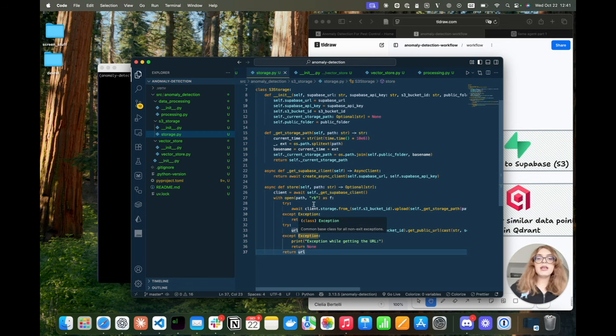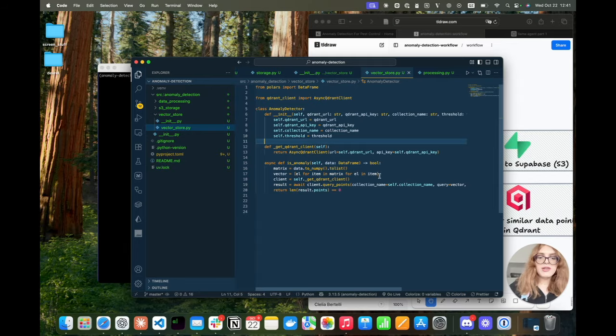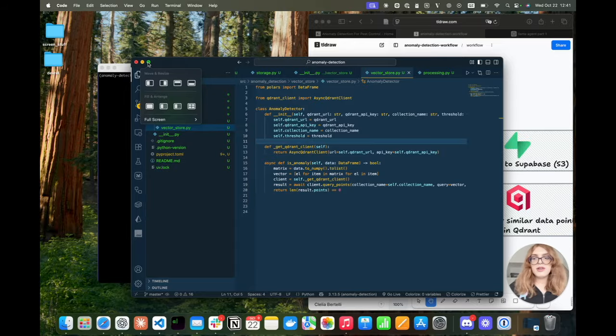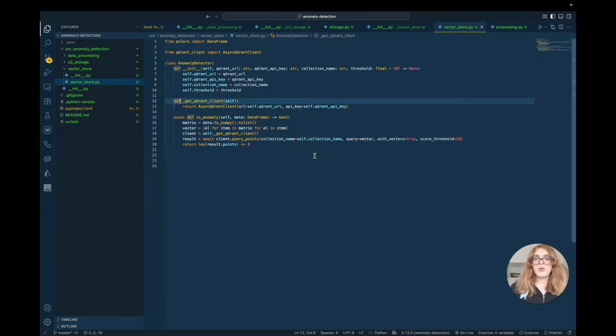So basically all of this is just to have a URL of the image to display in the front end. Last but not least, our anomaly detection class, the anomaly detector, which has to connect to a Qdrant Cloud instance. So we have some connection details here, and we have to basically get a Qdrant client, and then we define anomaly by just creating a vector from our Polars data frame, and